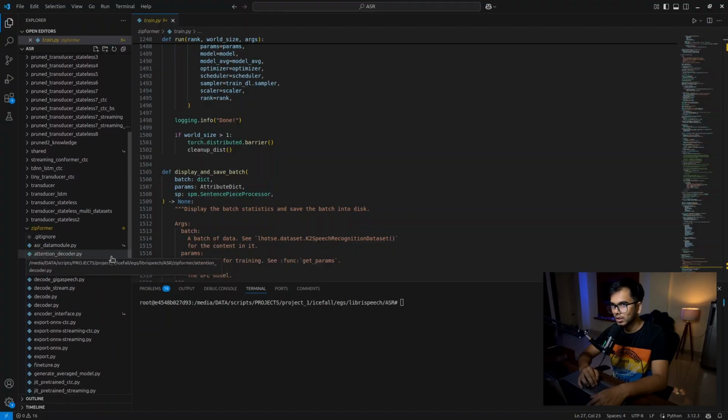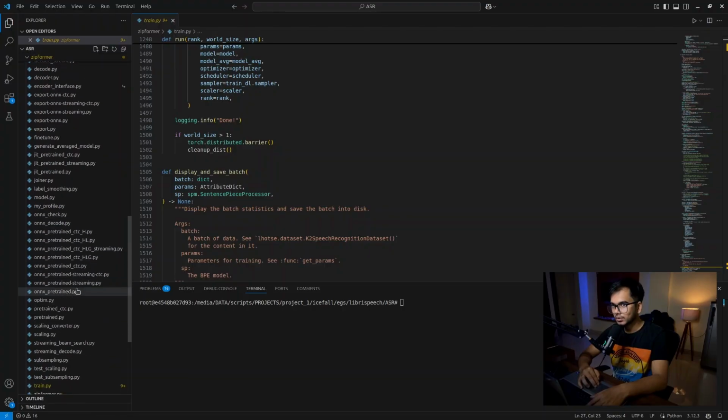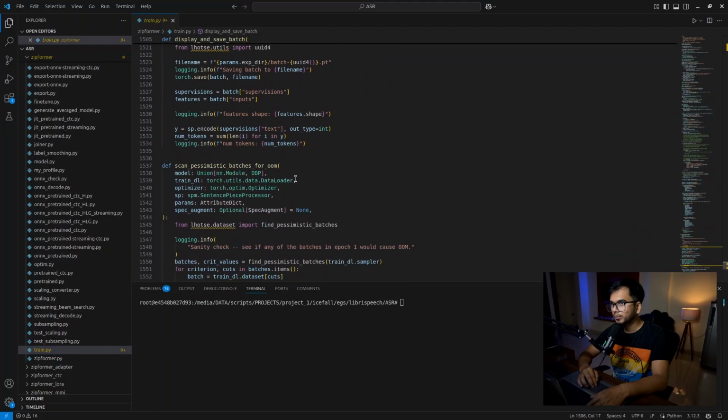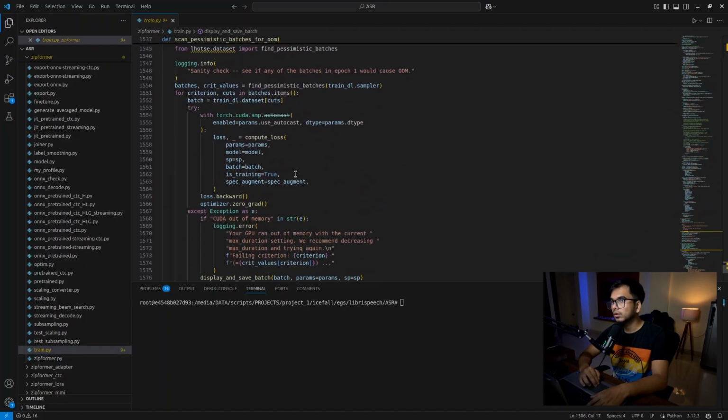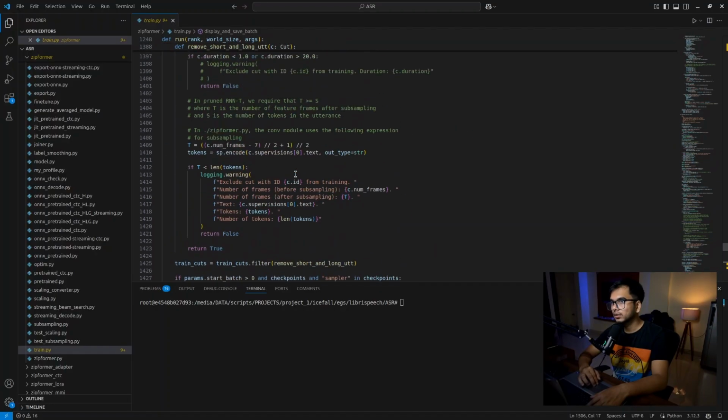So in this video we are going to train a Zipformer model. That's an architecture based on transformer. It is a transducer model. We are not going to use CTC or attention decoder here. First you need to go into the train.py script. So I'm already in that script, and if you scroll down till the end and then scroll a little bit up,